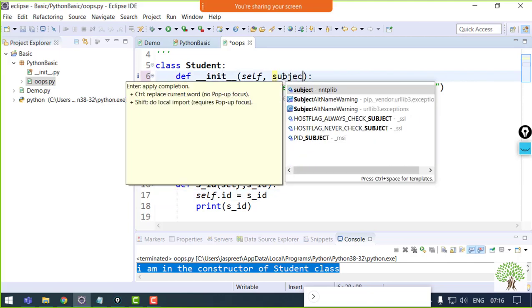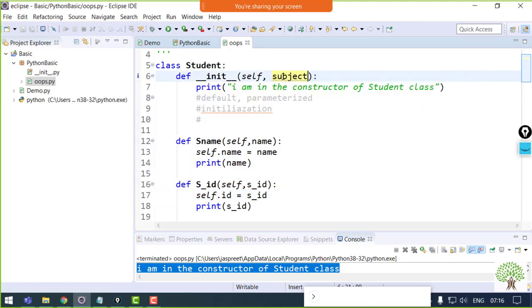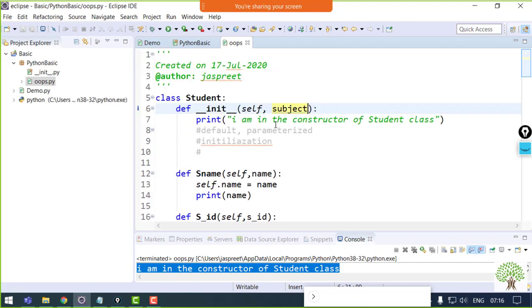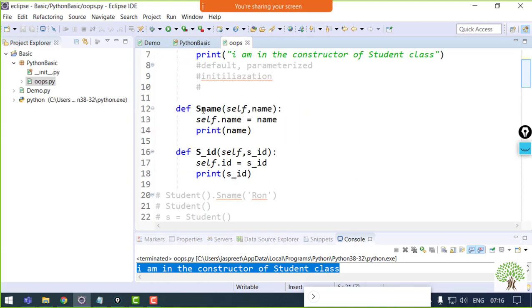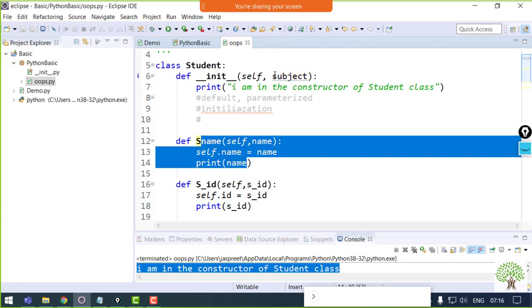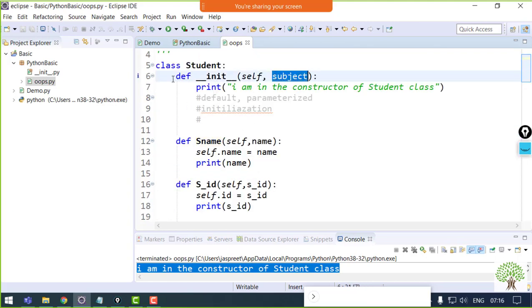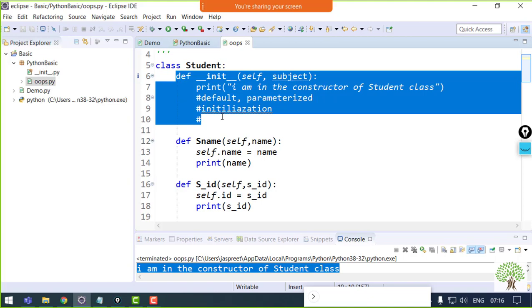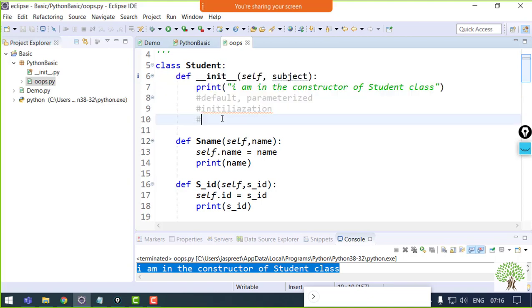The subject will become common, and I can use this subject variable throughout the class, even in these functions as well, very simply. But this common variable will specify that the marks of all the students are of that particular subject, right? I'll just show you, just wait.